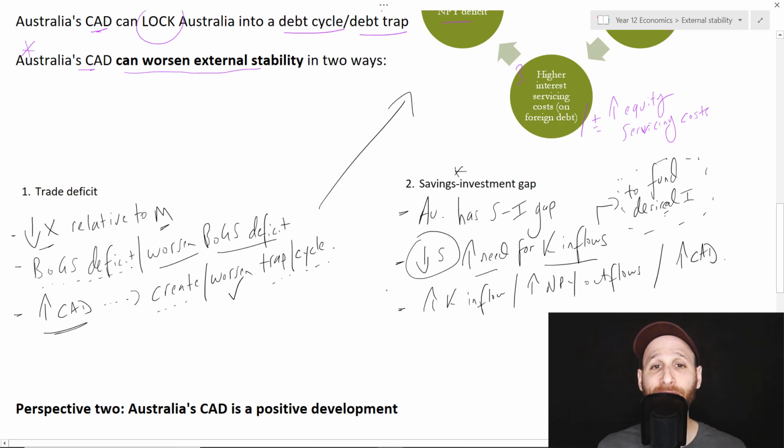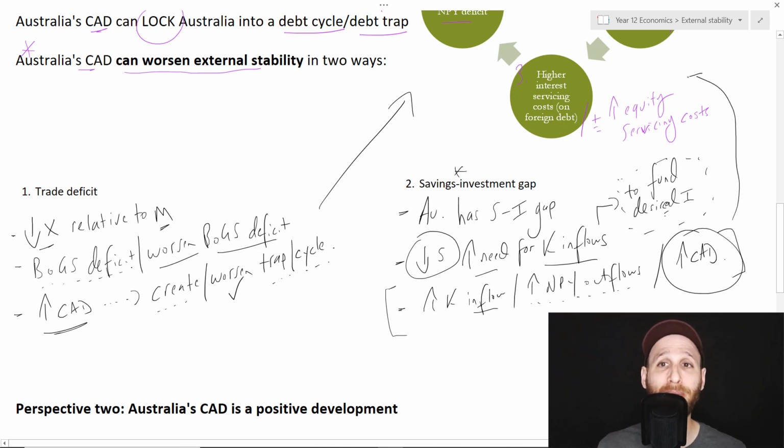So what happens is that when Australia attracts greater capital inflow, that's going to lead to greater NPY outflows, and that the CAD will increase, and there we go, back into that debt trap or debt cycle. So what I'm saying in this part is that Australia's CAD can worsen external stability, and that situation can start through these two ways. It can start through a trade deficit, or it could start by a worsening of the